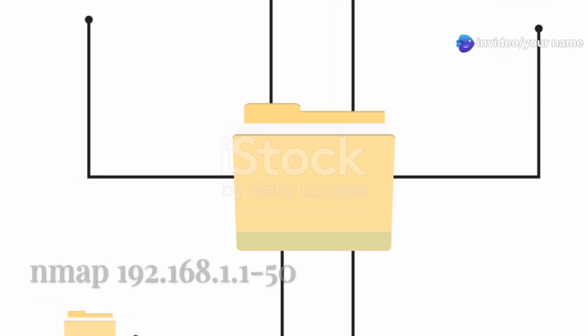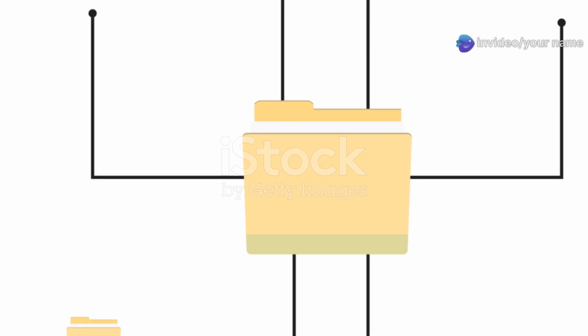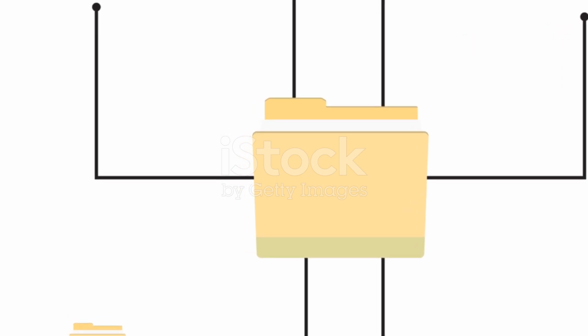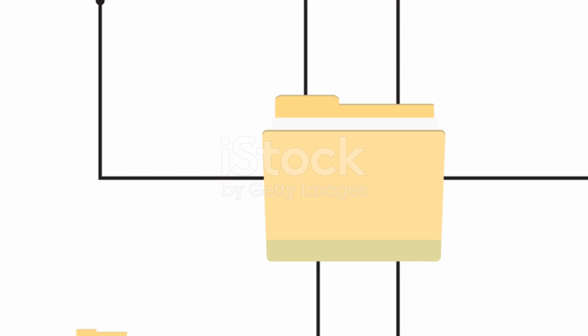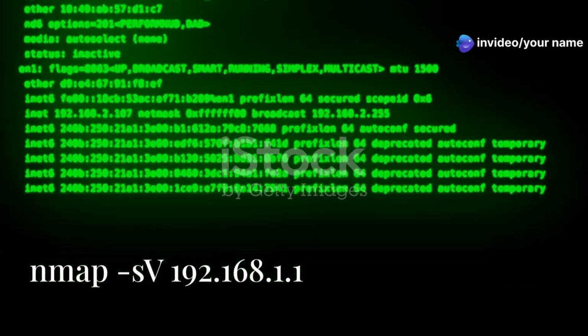To scan a range of devices, use nmap 192.168.1.1-50. Want to scan multiple devices on your home network? Just add a range. For service detection type, nmap -sV